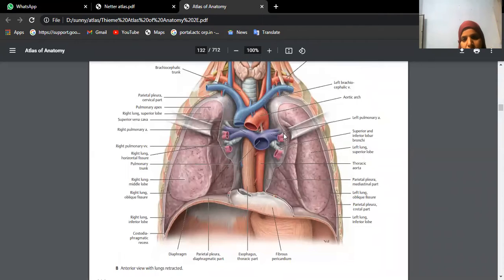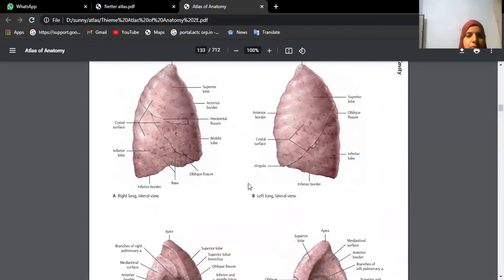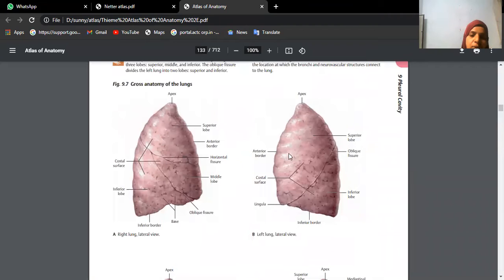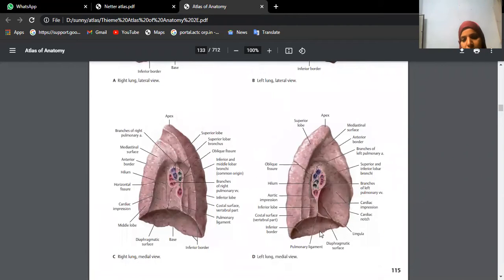Okay, these pinkish ones are the 4 pulmonary veins, and the violet one is the pulmonary trunk going as the pulmonary artery. We know the pulmonary artery carries deoxygenated blood, pulmonary veins carry oxygenated blood, isn't it? So now see, when you just hold the lungs, it will have certain surfaces and borders. This surface, whatever you are seeing, is the costal surface, and this surface which is resting on the diaphragm is the diaphragmatic surface. Okay, this is the apex of the lung and this is the base of the lung.